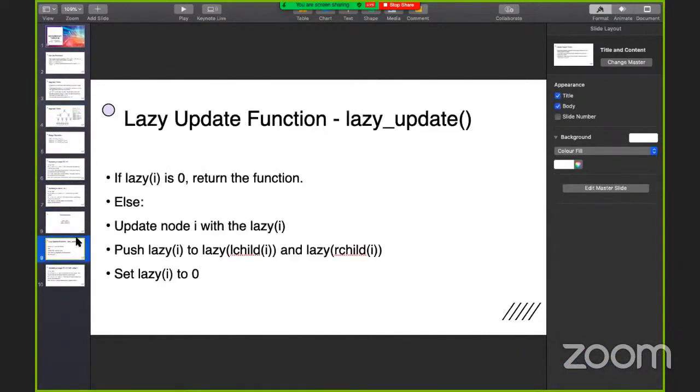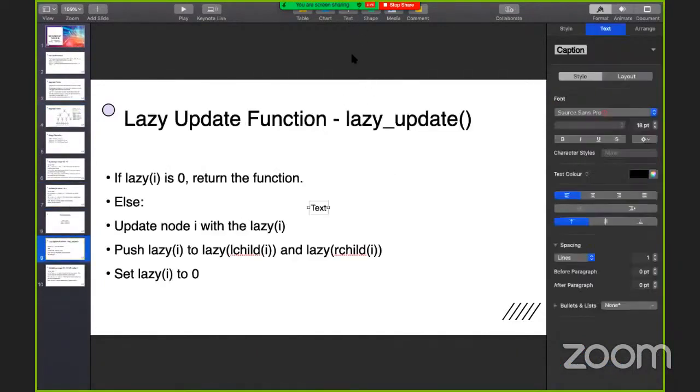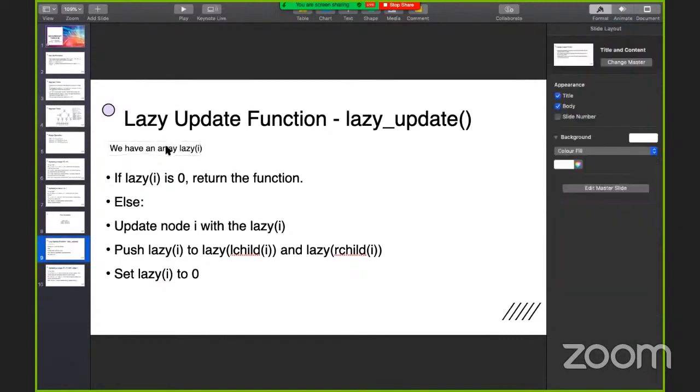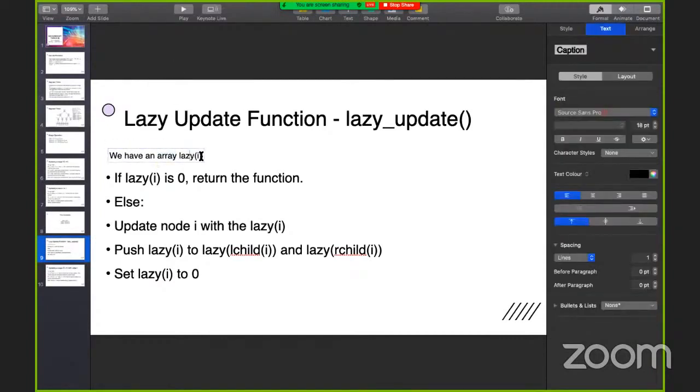So we have a lazy function, and we have an array also, an array lazy[i], and this array will store something specific. In the sum array, for some updates, it can store what you have to add to each node.